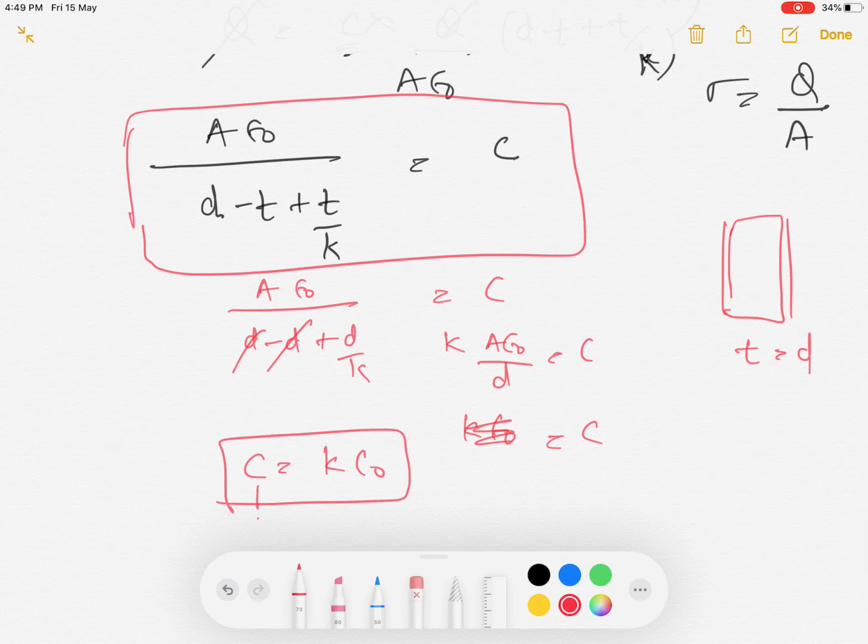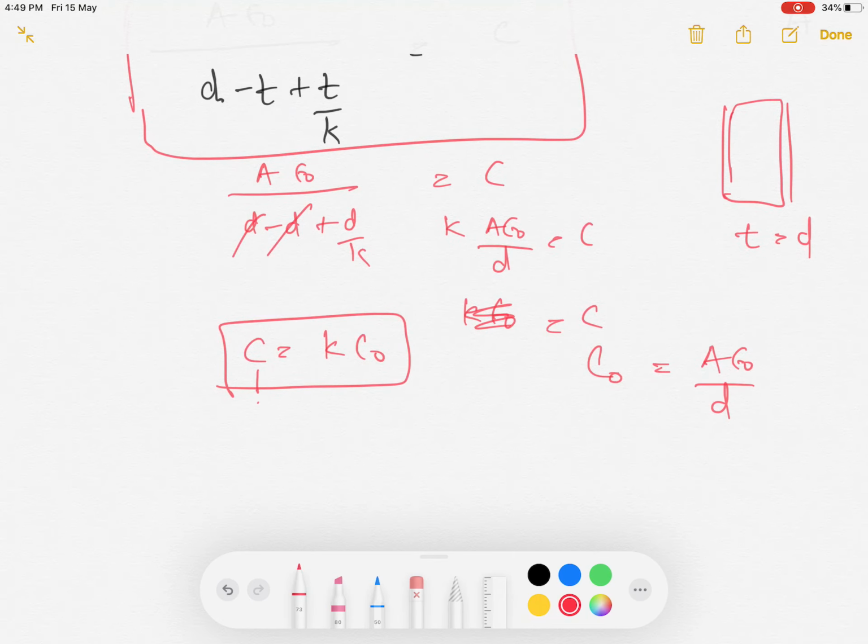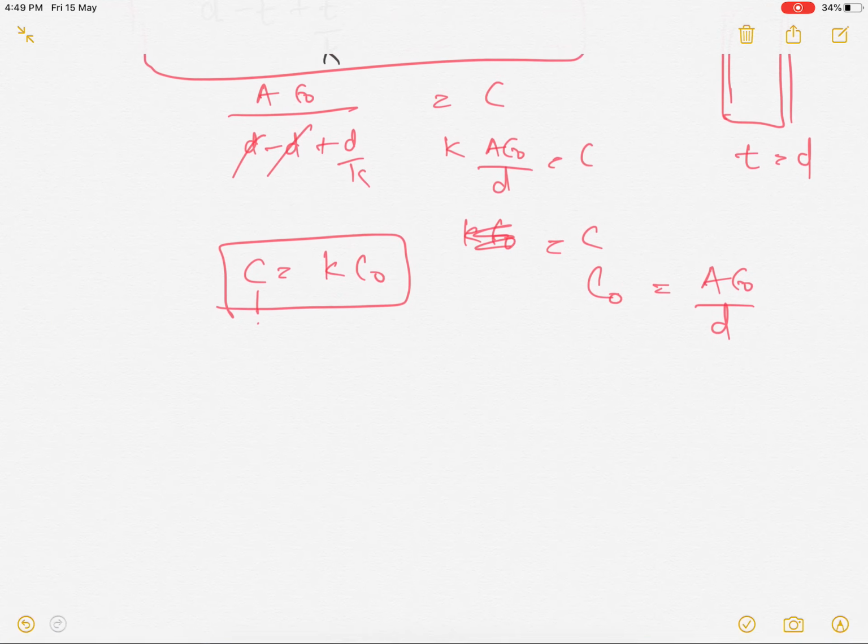See, this is the new capacitance when the slab has completely filled the space, the space has been filled completely by the dielectric. Then the answer is C is equal to k C0. C0 is what? It is the initial capacitance without dielectric, A epsilon 0 upon d. So the capacitance of a capacitor can be increased by placing a glass or a mica sheet or a rubber sheet between the parallel plate capacitor. Very important concept related to numericals also. So in order to increase the capacitance, we can place a dielectric. I think this much is clear to you.